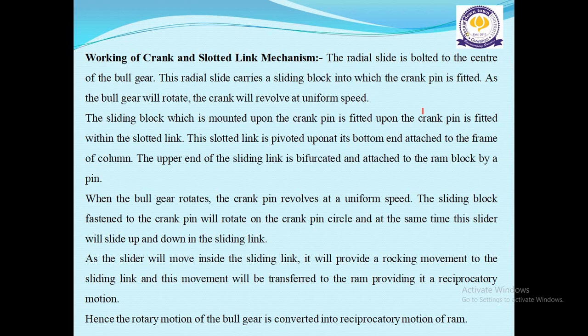So when the bull gear rotates, the crank pin revolves at a uniform speed. The sliding block fastened to the crank pin will rotate on the crank pin circle, and at the same time this slider will slide up and down in the slotted link. As the slider moves inside the slotted link, it will provide a rocking movement to the slotted link, and this movement will be transferred to the ram, providing it a reciprocatory motion. Hence the rotary motion of the bull gear is converted into reciprocatory motion of the ram. Okay, so this is how the working principle of the crank and slotted link mechanism